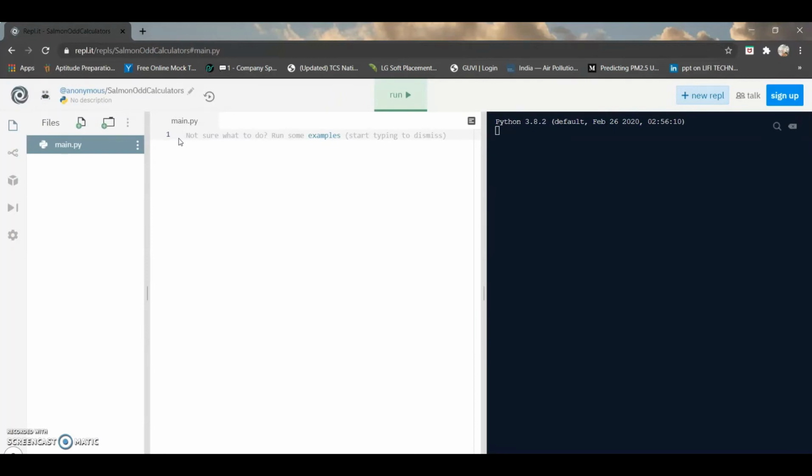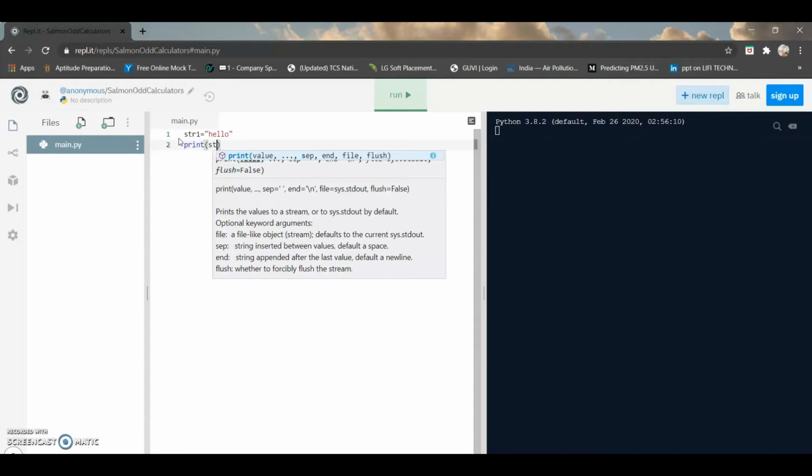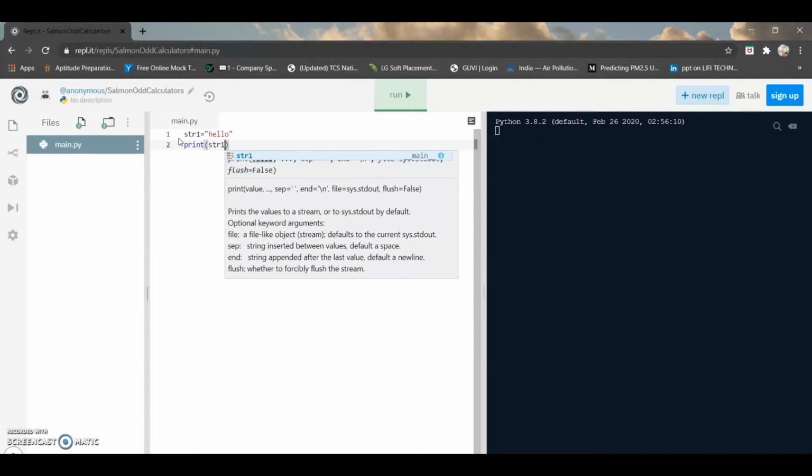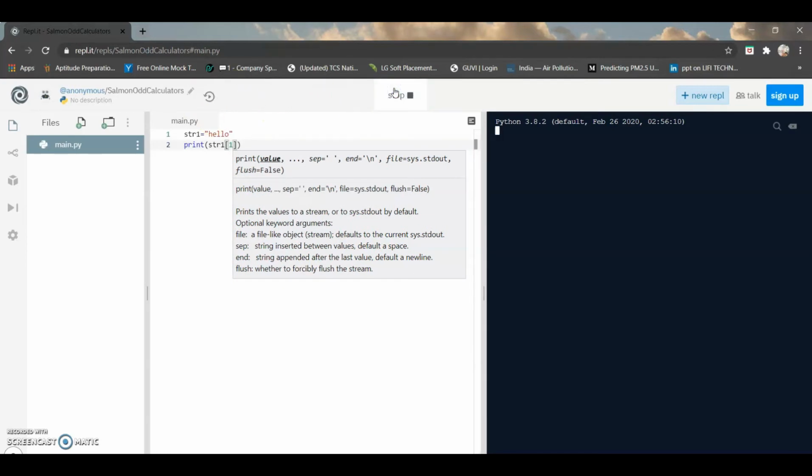Now we can see an example for the indexing method. Take a variable name str1 and within double quotes get a string hello. As we already saw, indexing is used to access an individual character from a string. So print, I can access the e from this. str1 is the variable name of the string. Within the square brackets we can give an index number, which character you want to print. I want to print e, so I can give the index number 1. Just run and see the output. Yes, we can get e.